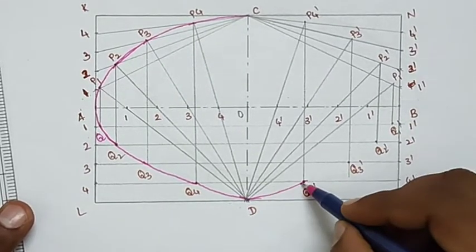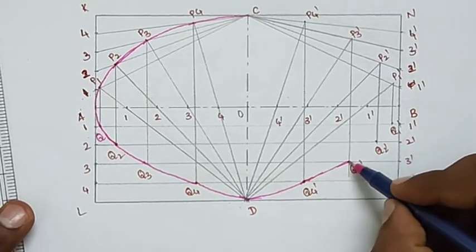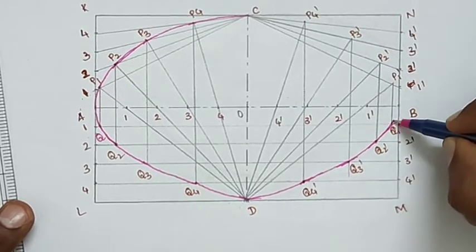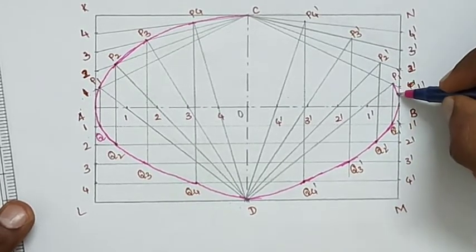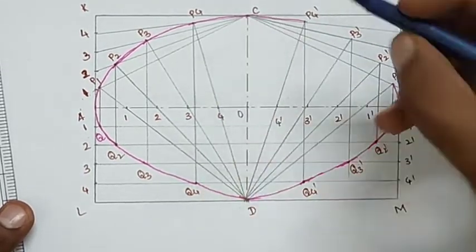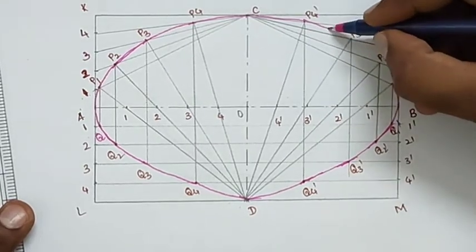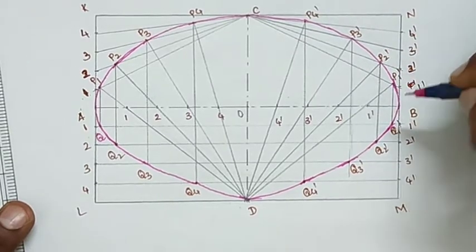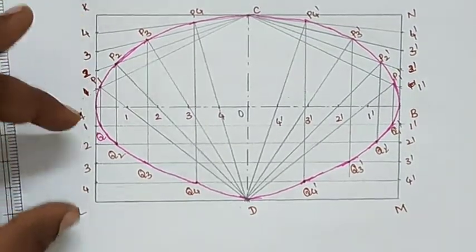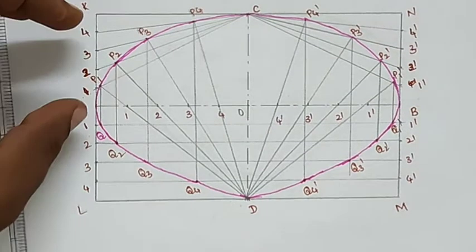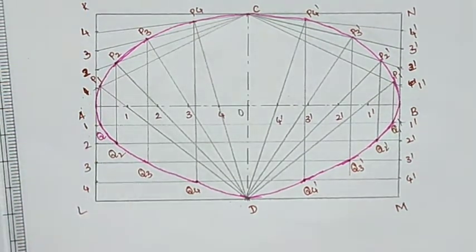For constructing the ellipse in the rectangle method, first of all we will draw the major axis and minor axis lines with the length of the major axis, and we will draw the minor axis. After that, with the lengths of major and minor axis, we will construct a rectangle as KLMN. After constructing the rectangle, we will divide different lines into a number of equal parts. That means the AK line, AL line, OA line, AO line and BO line, BN line and BM line into a number of equal parts. So I am measuring the line lengths and dividing the lines into a number of equal parts.